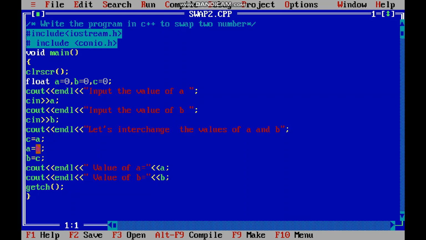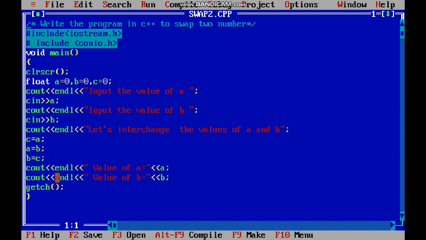First we will swap this value, A into C, and then A into B, and then again B is equal to C. Simply if you want, you can learn this formula as CAB. It means you have to maintain the sequence CAB, and here simply A, B, C.